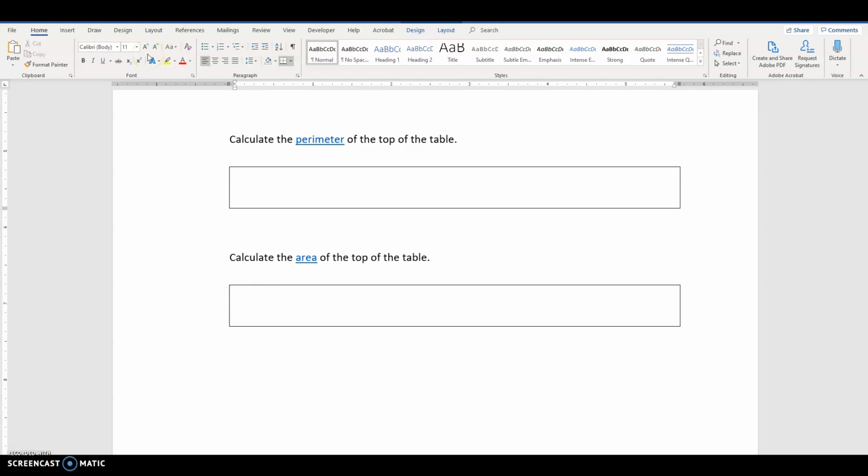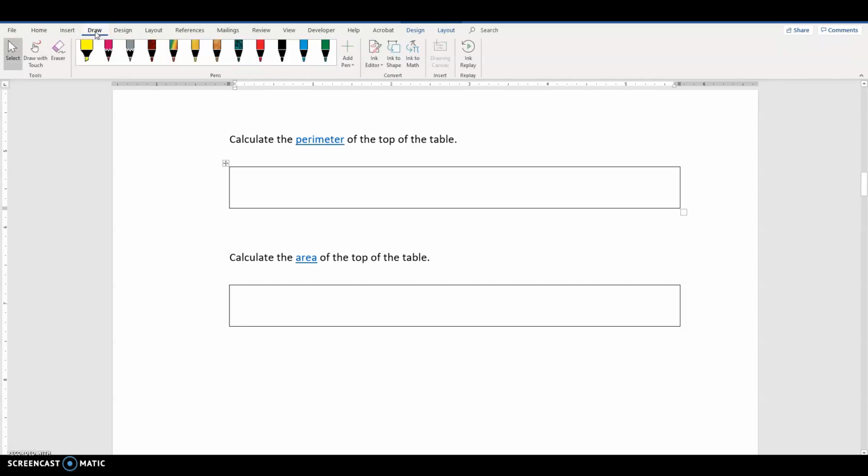In order to use the draw function on Word, you go to the top icons on your toolbar and you click on Draw. You get several different options for pens, pencils, highlighters, the eraser, various different options. So once you've chosen what you would like, you can now write anything that you want using your stylus straight